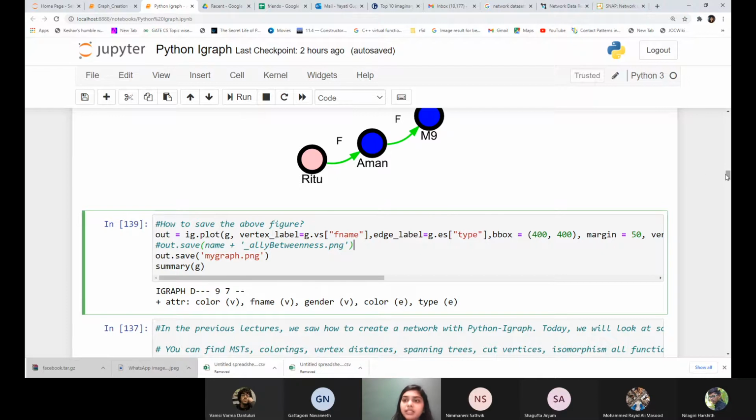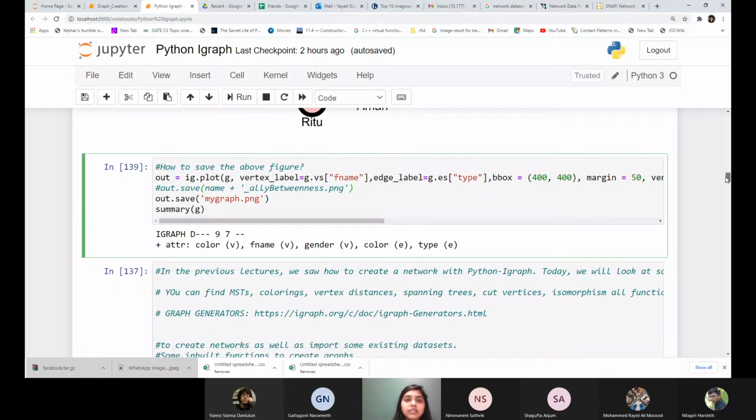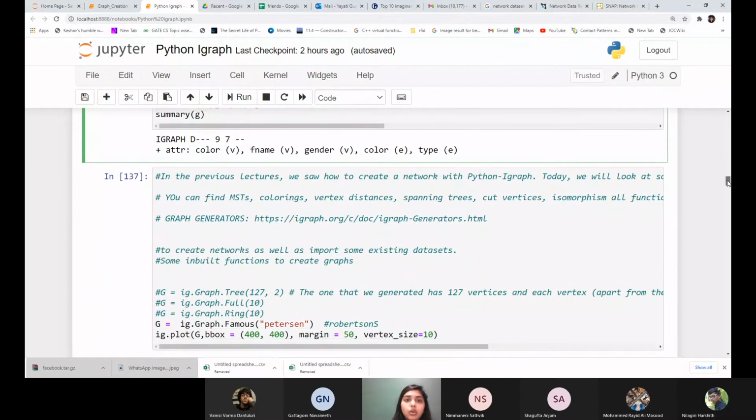So by now we have seen how we can create these simple graphs, color them, and visualize them. From now we will go one step further. Before that, something I'm not going to cover here is the functionality you use in a typical graph theory course: vertex coloring, the distance or shortest path between two vertices, figuring out what a spanning tree is or how many minimum spanning trees a graph has, which are the cut vertices, which are the cut edges, and whether two graphs are isomorphic or not.